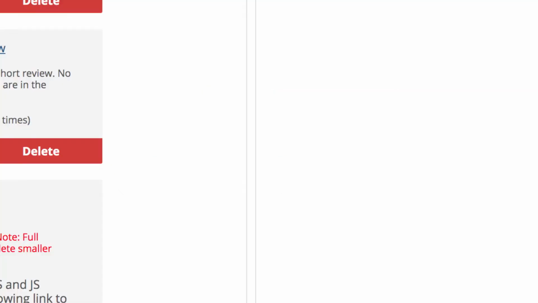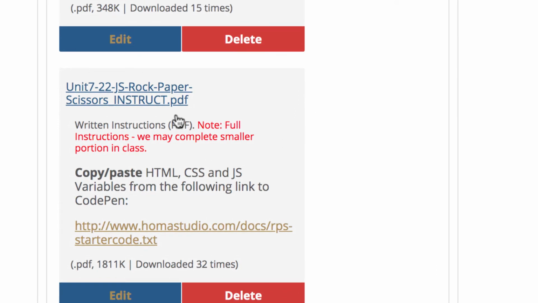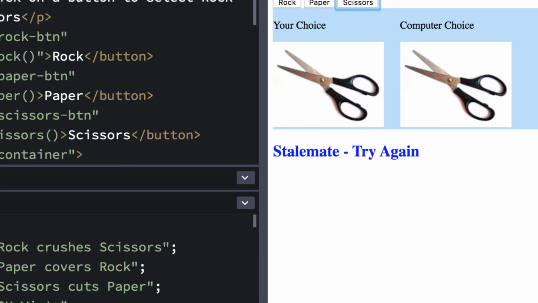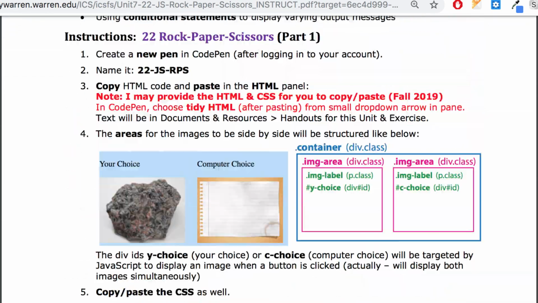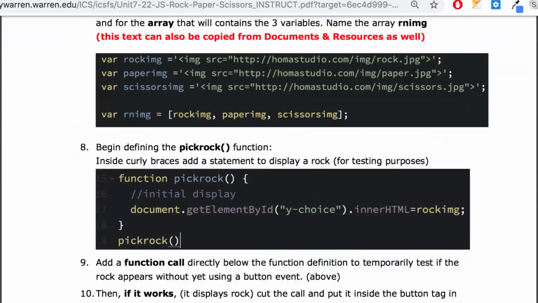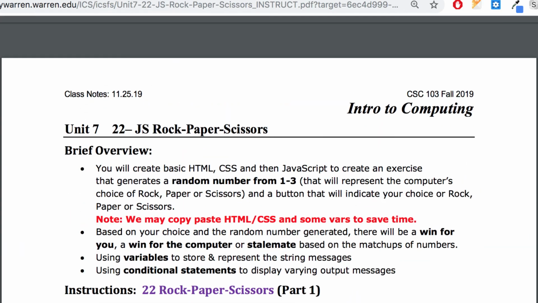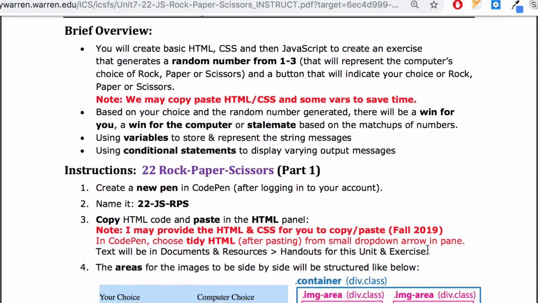If you go to Documents and Resources, here's the instructions that you could click on. That's this thing. Those are the instructions here. That should follow the way we did it in class. And it's a bunch of pages, so I think there's like 6 pages here. So there's a lot of things to kind of go through here, and I put the things in red as